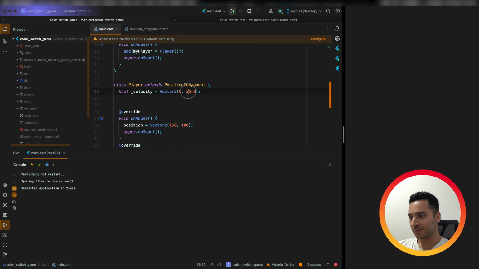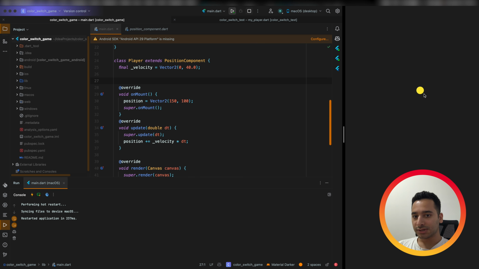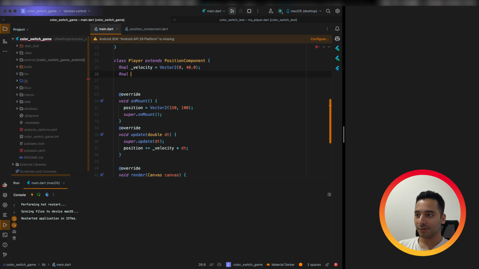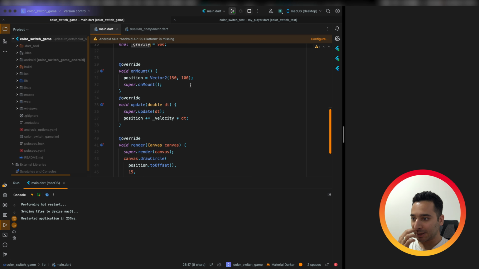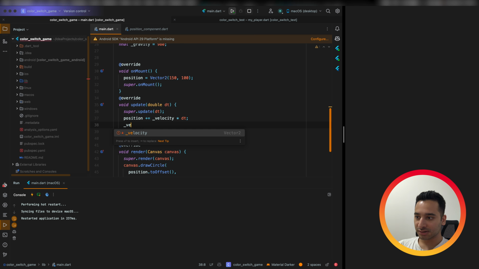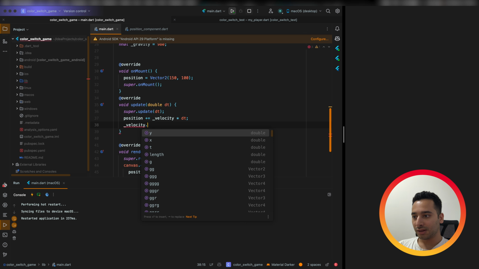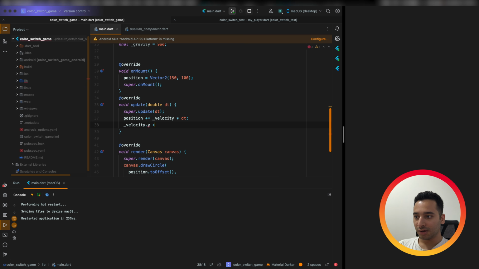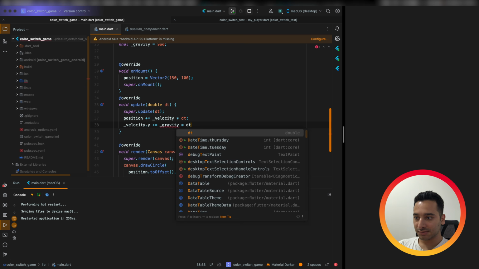Let's increase this variable a little. For example, 40 I think is good. Okay, so as we see, it moves with a constant velocity which is not simulating real gravity, and to do that we can have a final gravity variable which is something like 980, and here we can increase our velocity with a Vector2, or we can increase our velocity.y by the gravity times dt.